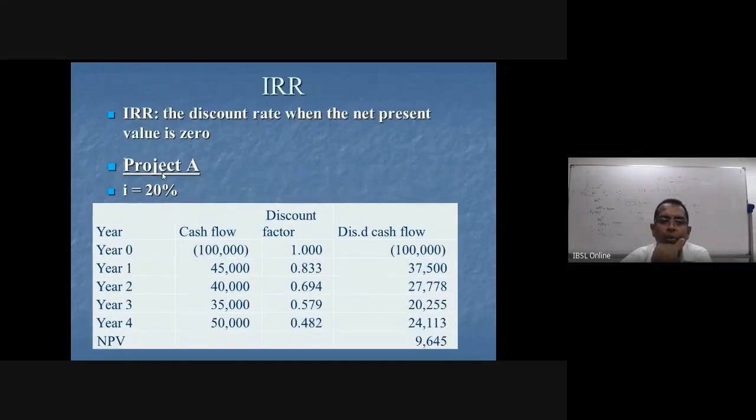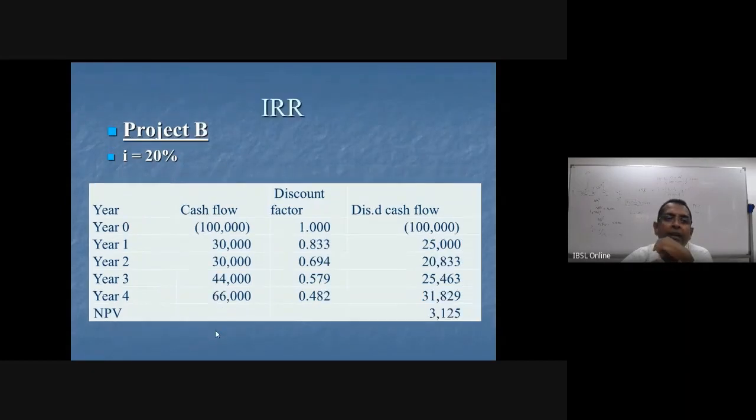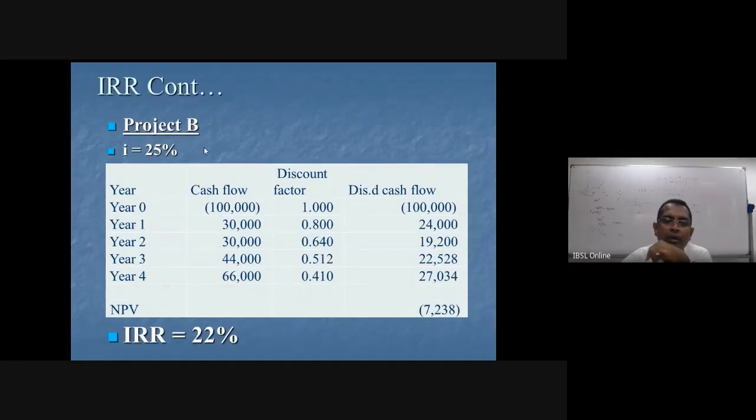So you find out using I20, I30, what is the IRR, which is 25%. Right? Then for project B, use 20, you will get 3,000 here. Then 25, you get negative 7,000. So when you work out, IRR would be